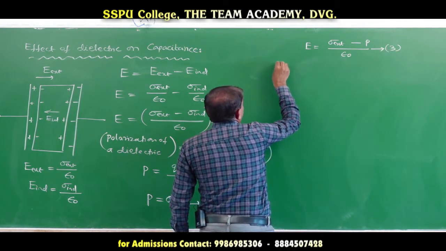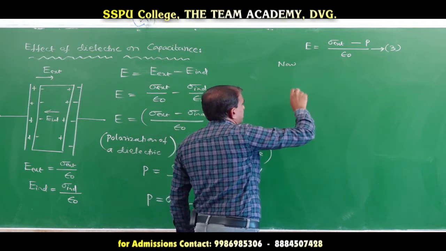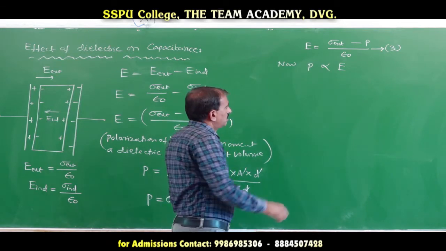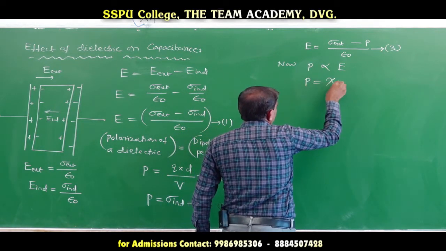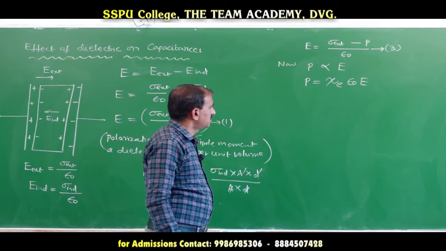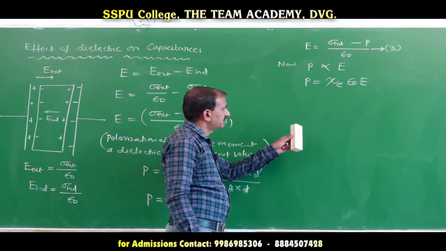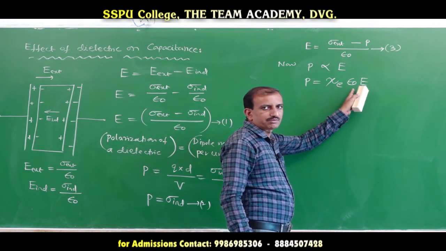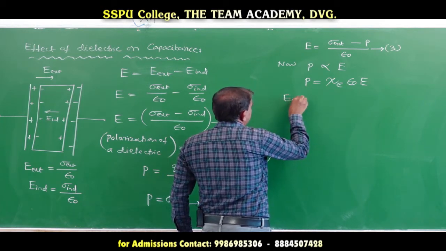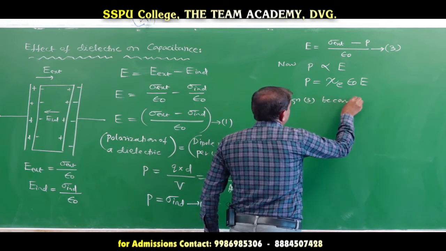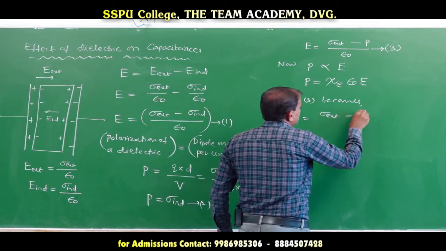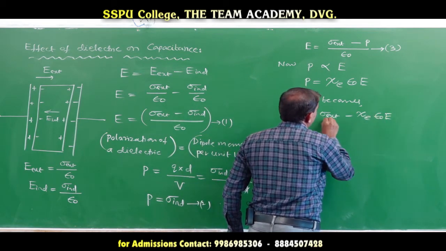Now the dielectric polarization P is directly proportional to the electric field E, or it can be written as P is equal to chi E into epsilon naught into E. Chi E is called the dielectric susceptibility of the dielectric material, and epsilon naught is called the permittivity of free space or vacuum. Therefore, equation number 3 becomes